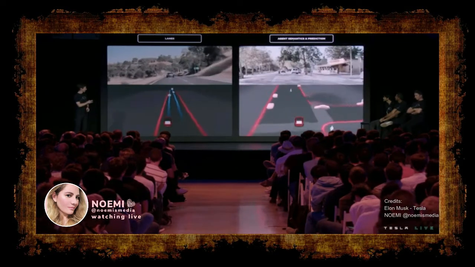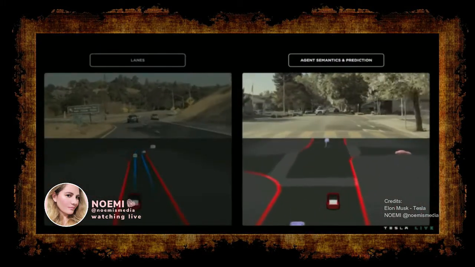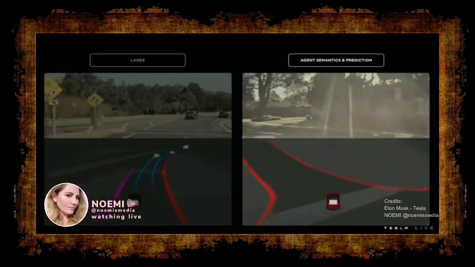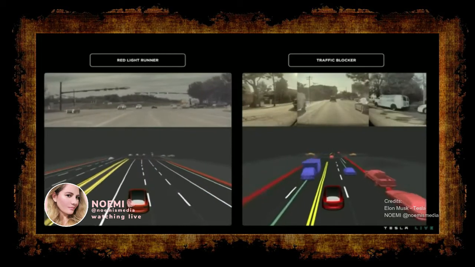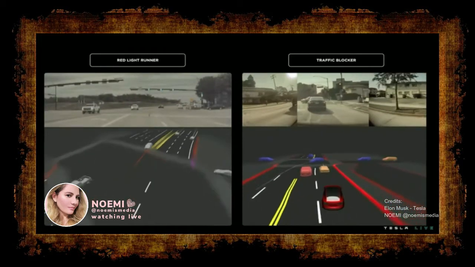Okay, so I talked a little bit about lanes. I'm going to briefly touch on how we model and predict the future paths and other semantics on objects. So I'm just going to go really quickly through two examples. The video on the right here, we've got a car that's actually running a red light and turning in front